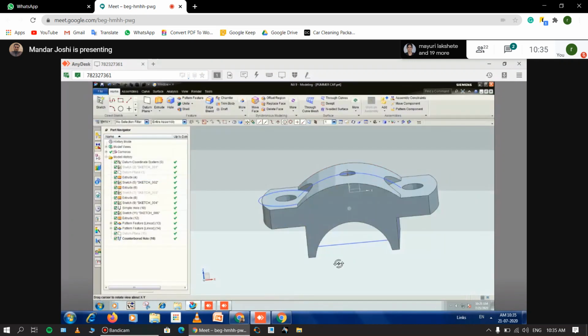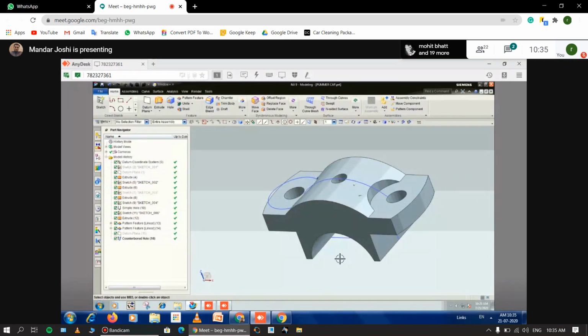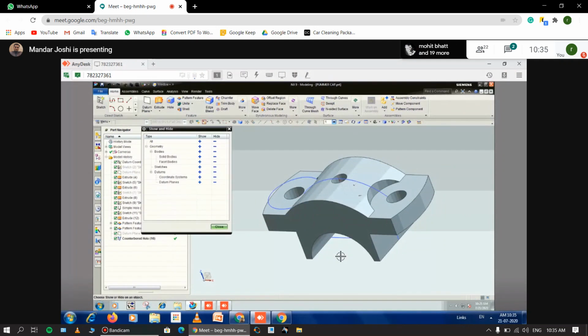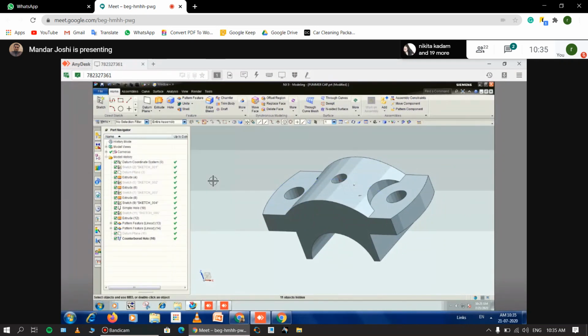and to create the drafting of this model, first I press Control W. It's Control W to hide the sketches. We use this Control W. Okay,